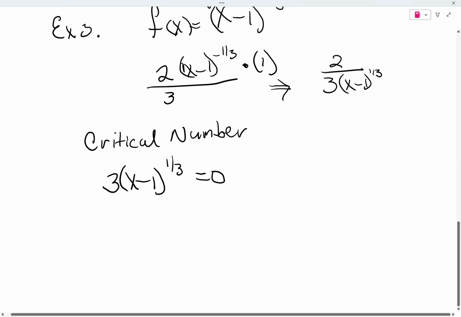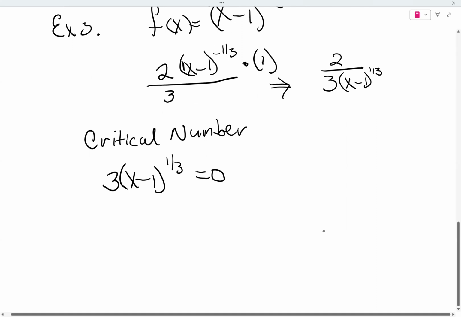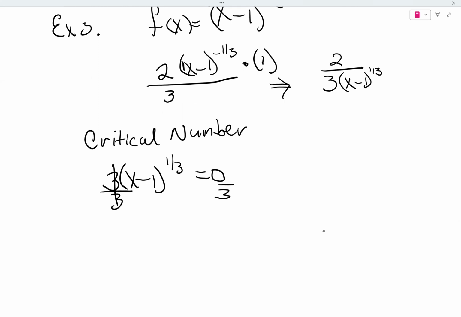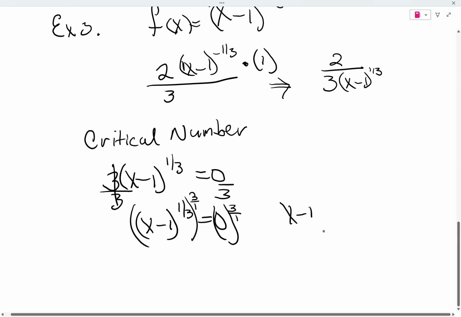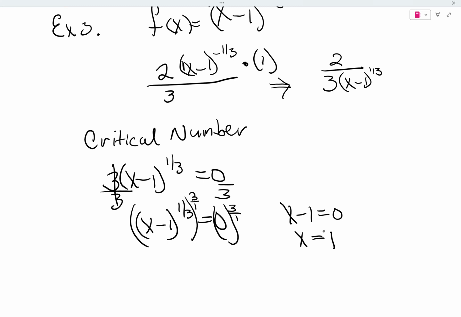As we begin to solve, we divide by 3 on both sides. This cancels anyway, so you end up with x minus 1 to the 1/3 power is equal to 0. Then we're going to raise both sides of this to the 3 over 1, in theory. So technically this becomes x minus 1 is equal to 0, which means x is equal to positive 1. So this is our